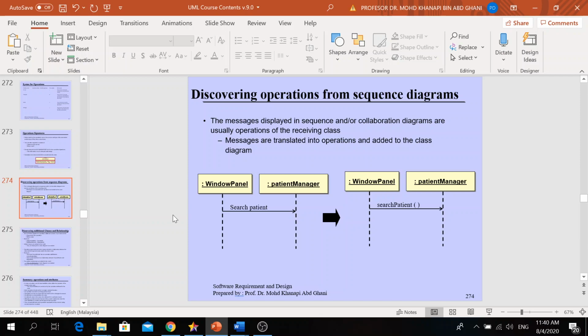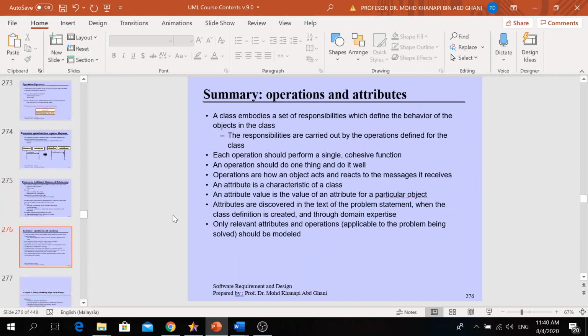So this is a summary of operations and attributes. Each class should have operations and attributes. At least one class should have one operation and at least one attribute.